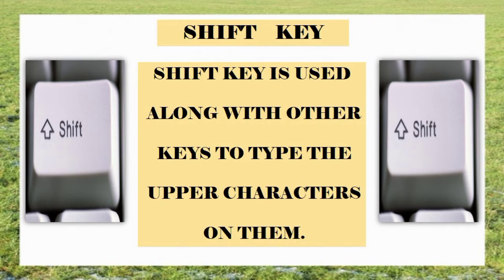Like if you have seen the number keys which are above the alphabet, along with numbers an additional character is added on the key. Like with 2 there is at, with 3 it is hash, with 5 it is percent, 7 it is and. So if you want to type these characters, you have to press shift first, then press that key to type the character.